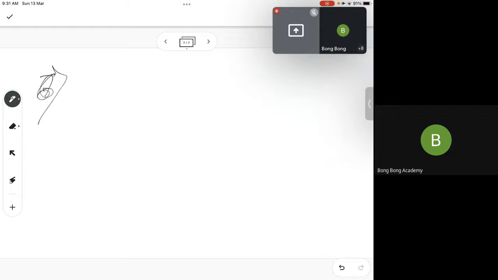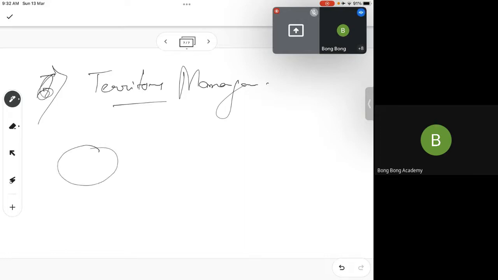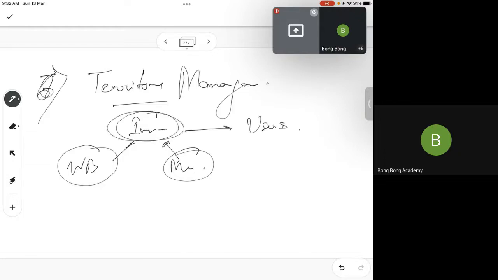Number 6. These 3 we will only discuss briefly. This will not be something we will discuss in detail. We just know about it. There is another thing called territory management. Territory management means region-specific sharing. Like I have West Bengal, then Maharashtra, then India. Automatically West Bengal records and Maharashtra records can be shared. Every region will have its users and through them this sharing can work. This is territory management. We will not discuss it in detail. It is an advanced topic.